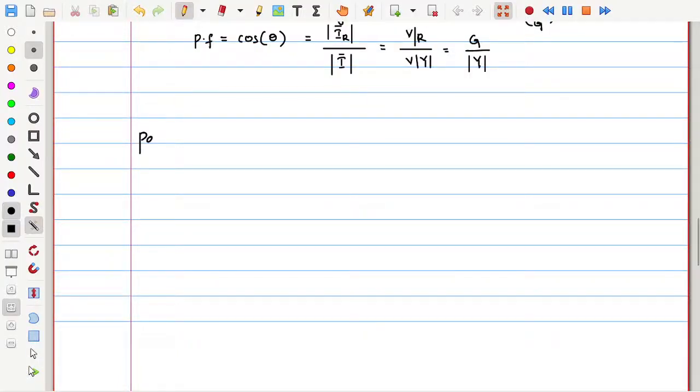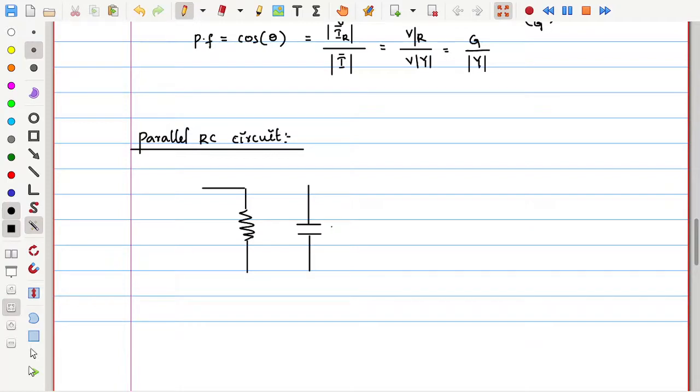So let us take a parallel RC circuit. As in the RL case, let me take a resistance R and a capacitance C, and let me say these are connected in parallel as like this, and this entire thing is connected across